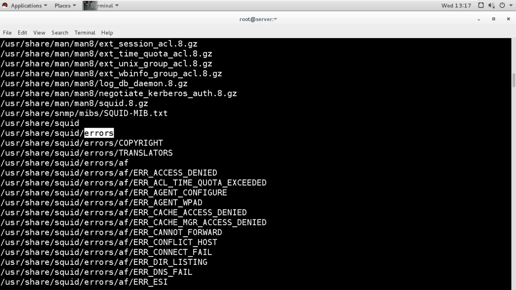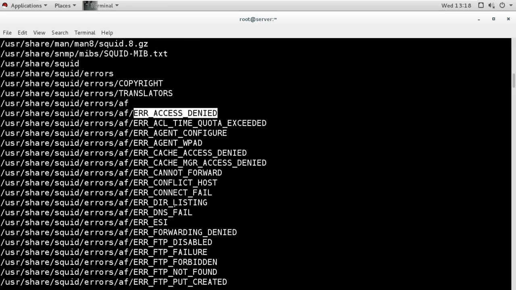When an application layer firewall works, it sometimes denies access, and when access is denied, it will show these error pages: DNS fail, connection fail, cannot forward, cache access denied, and whatever. The output is very big.